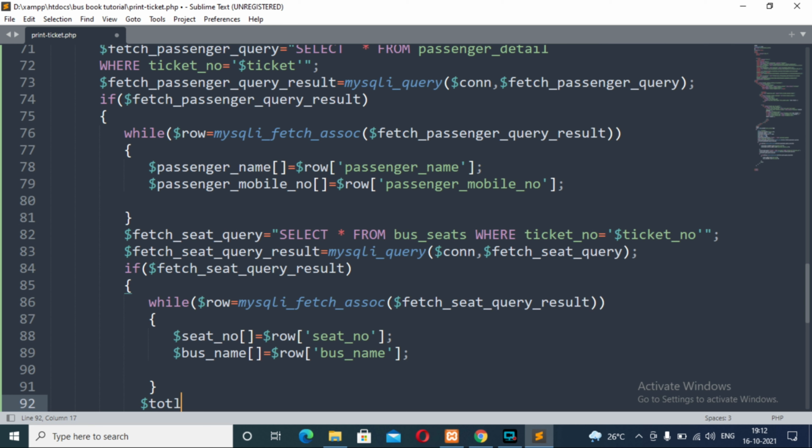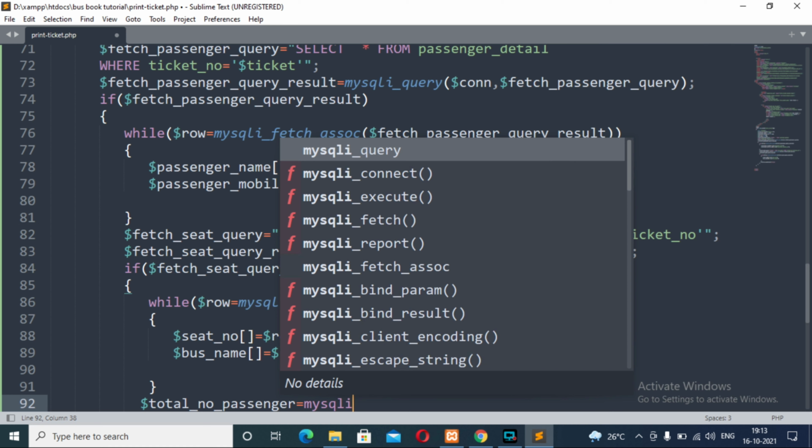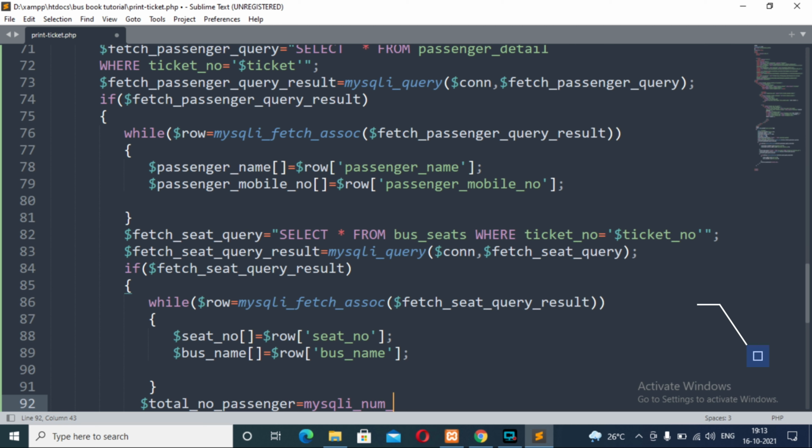Outside while loop, we will fetch total number passenger, which will be stored inside total number passenger PHP variable, and which is going to be fetched by MySQLi numRows, which is itself a PHP predefined method that counts the total number of rows present in the specified table.